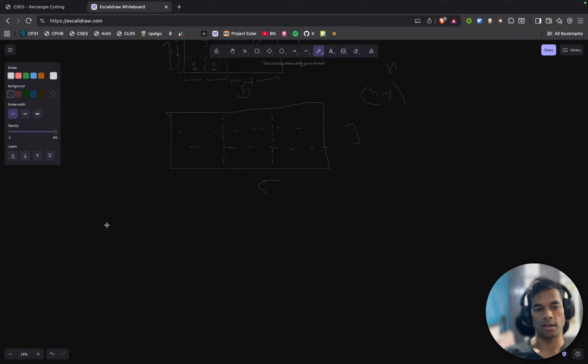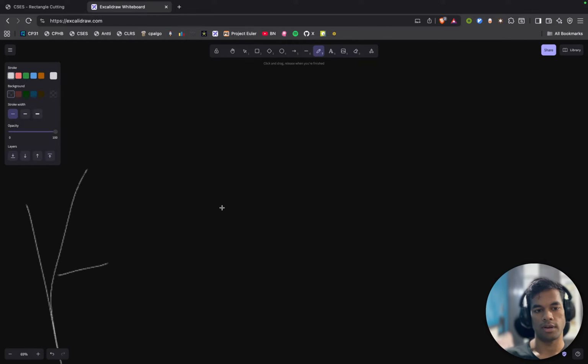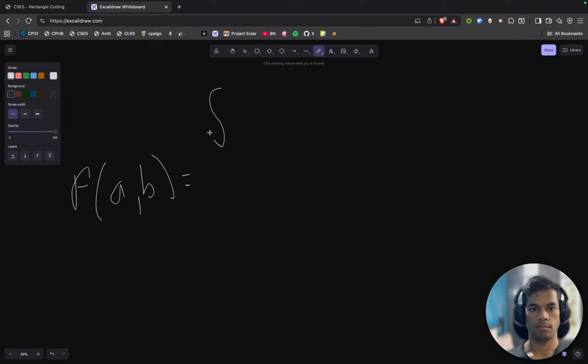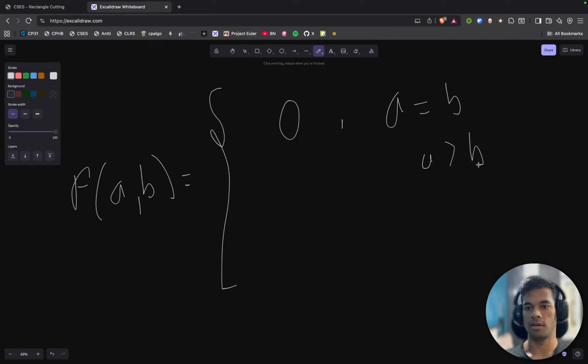So given a rectangle of sides A and B, how would I define it? What would be the base condition? Base condition would be A equals B. Then if A equals B, then the number of cuts is 0. But if not, if A is greater than B,